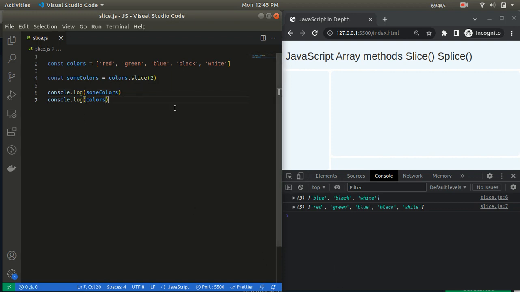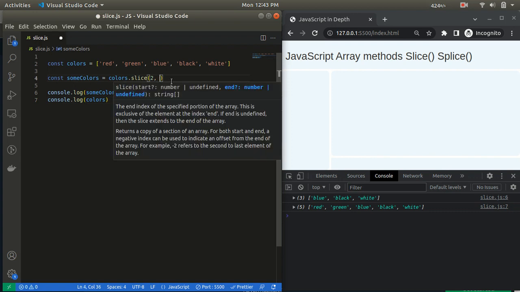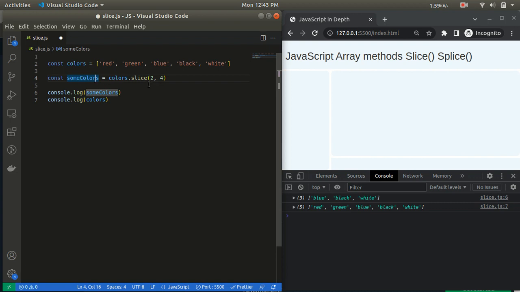Okay, so we have passed the starting index, but now we need a specific part of this array. For example, we need two elements from this array, only blue and black. So what we have to do is pass the end index. Let's say I am passing 4, so it will return the array from the second position to the end index minus 1.